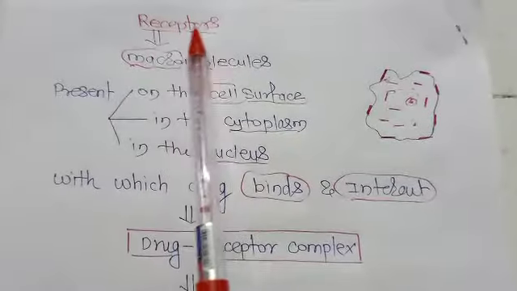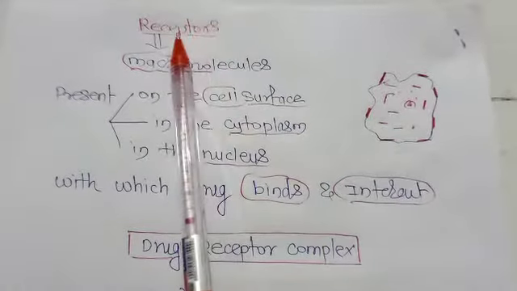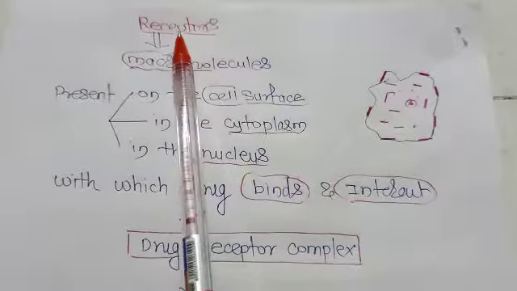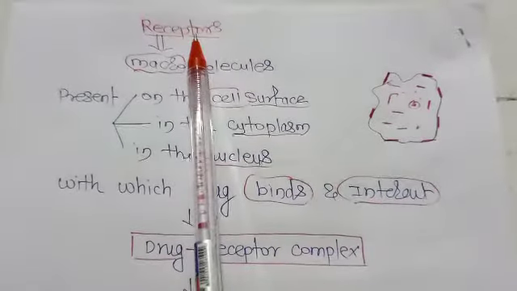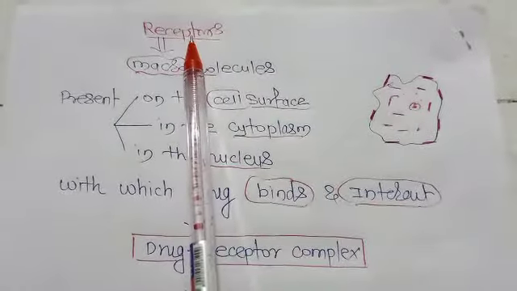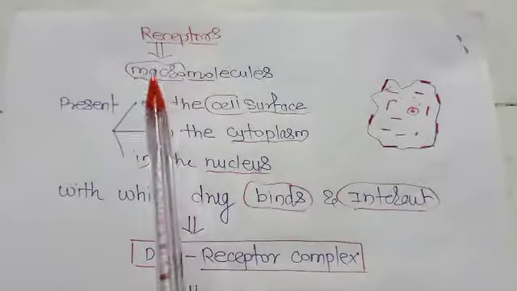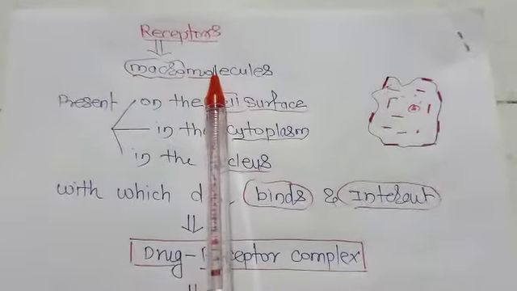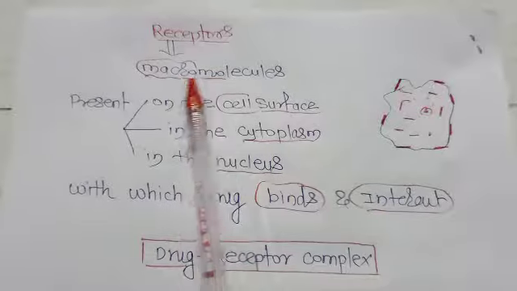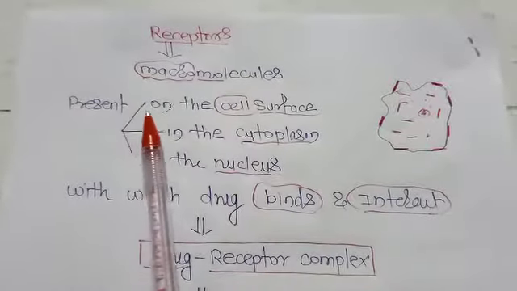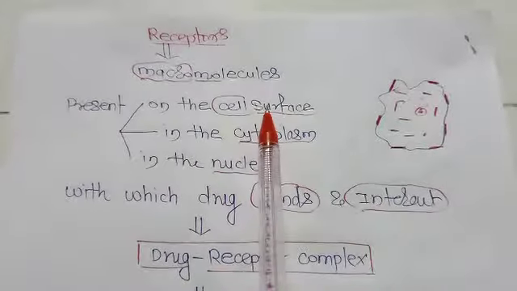Today we are going to discuss the receptor concept. We use this term very commonly, receptors. So what is meant by receptors? Receptors are the macromolecules. Receptors are the macromolecules which are present on the cell surface,